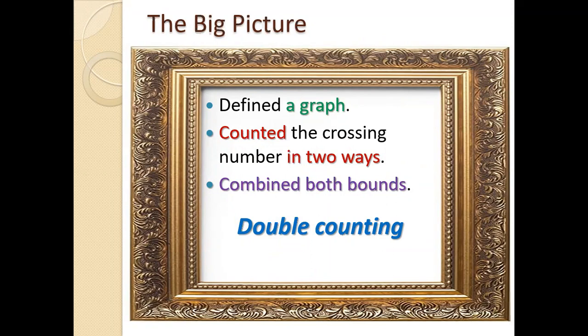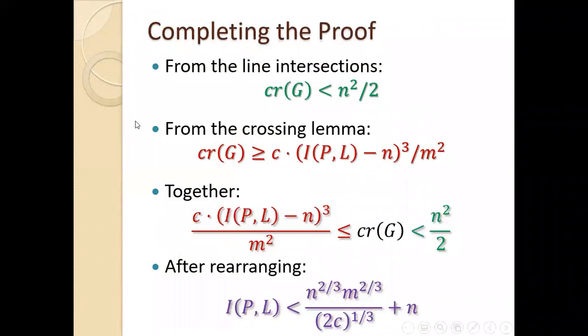Briefly, this tool works like this: you want to solve a problem about object X. You define some unrelated object Y, in this case, the crossing number. You count this number Y in two different ways, combine the bounds, Y goes away, and you get a bound for X. That's what we did here. We introduced the crossing number of the graph, counted it in two ways, got a bound on the number of incidences. Again, if you look at the video of my talk from last year, on the YouTube channel of the Math Circle, you see a very different proof for a very different problem where we double counted something else and